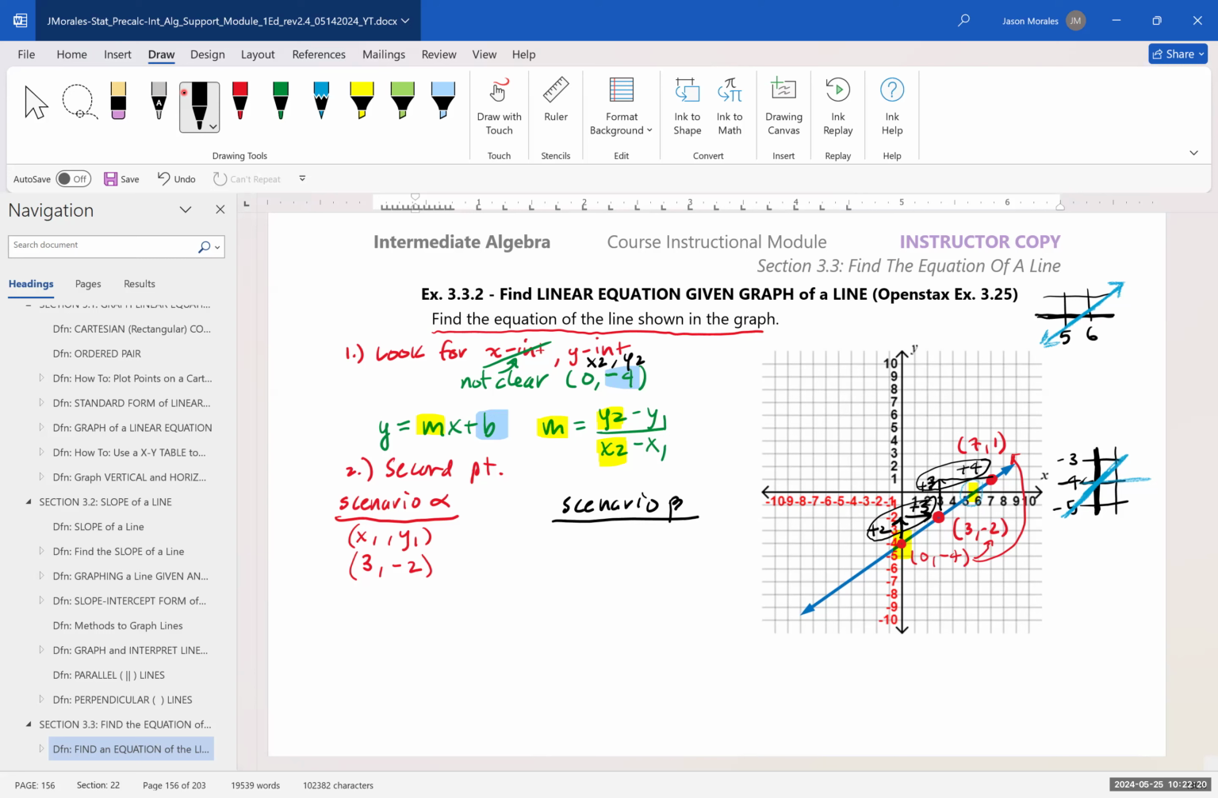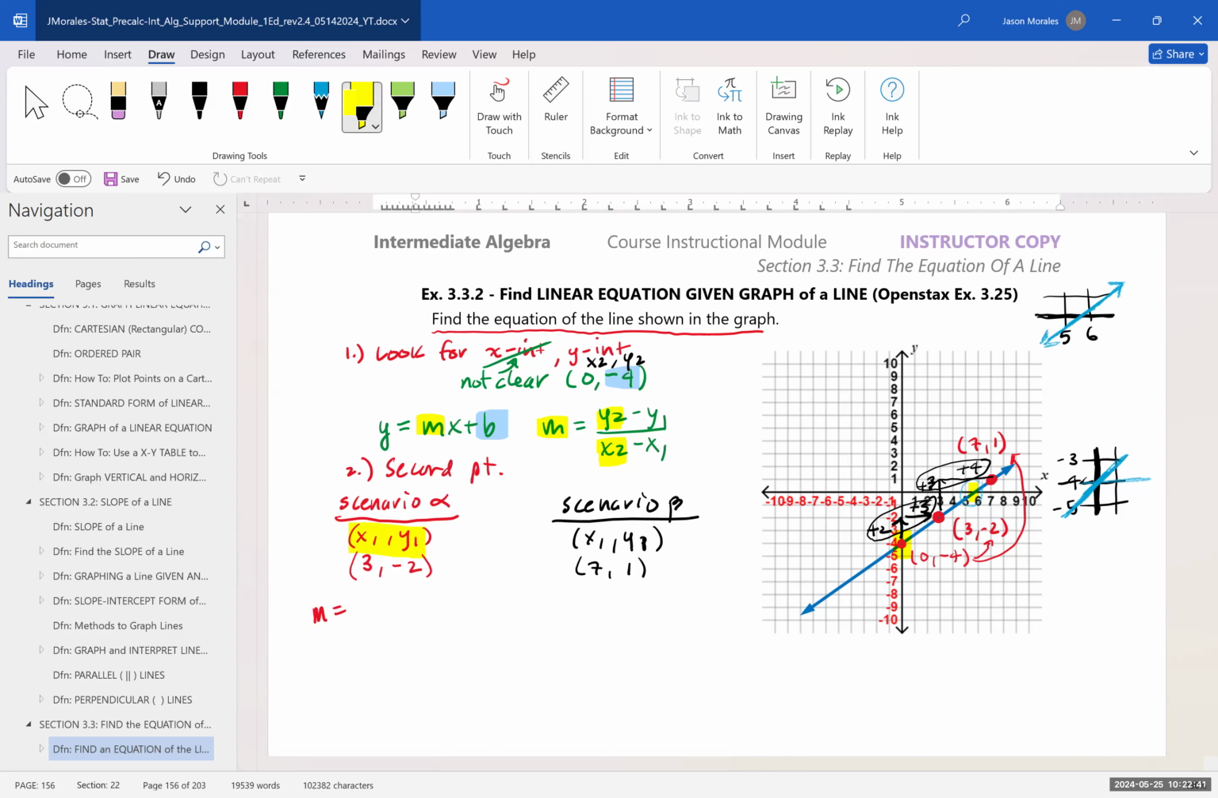And another reason why I'm doing this is maybe to show you how hard it is to read from graphs. And so the second one is going to be the point (7, 1). All right, so if we were going to calculate slope